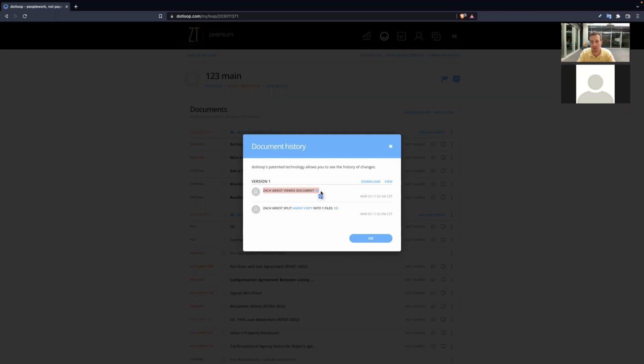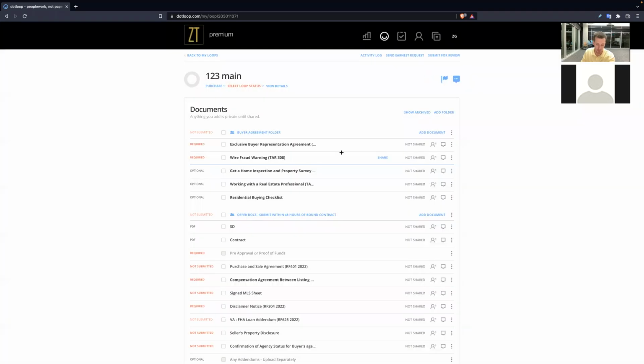So it's just good practice. If you're sharing the documents, most of the time I don't check that attach PDF. That way I can have a copy of whenever he's viewed the document, just to help further protect myself legally. And if there was any disputes later on, I have proof that, hey, you viewed the document on March 3rd at 11:52 Central Time. So those are kind of 4 quick things to help you with kind of level 2